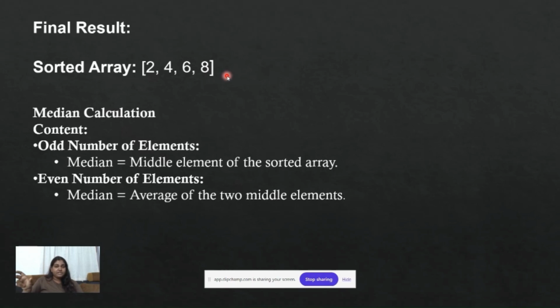So, after sorting this array, the median calculation will be done. As the number of elements in this array is 4, we have to calculate using the formula of the average of the two middle elements. Here, the two middle elements are 4 and 6. Average of 4 and 6: 4 plus 6 by 2, 10 by 2 is 5. So, just like that, we have got the answer here